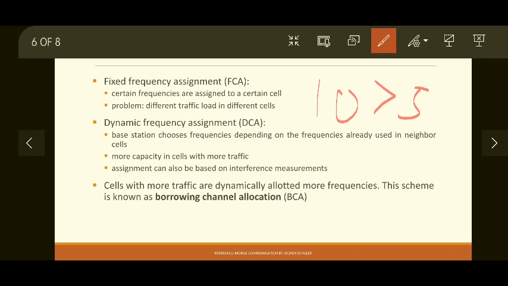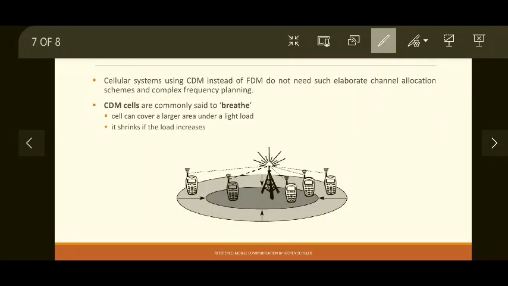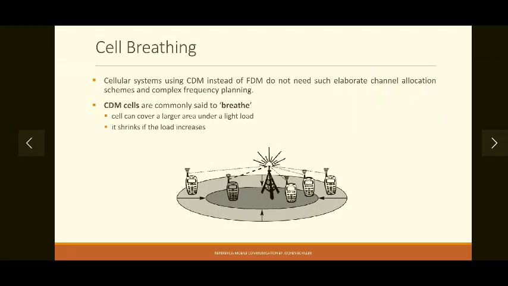Okay. Then the systems which use CDM. The previous systems that we have seen in this session were using a set of different frequencies, but in the case of CDM all use the same frequency and are separated by codes rather than frequencies. Users are separated by codes rather than frequencies.